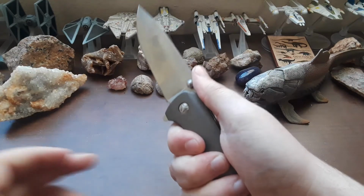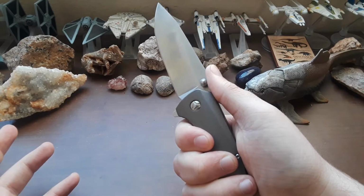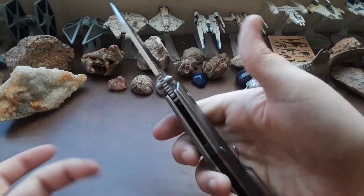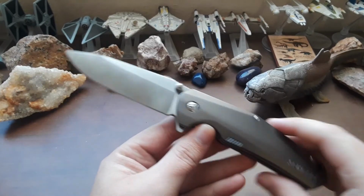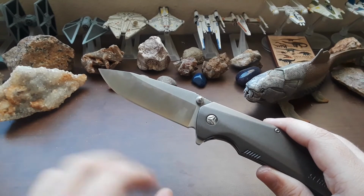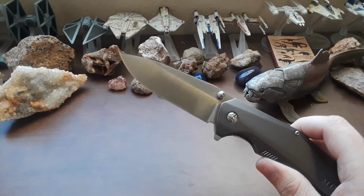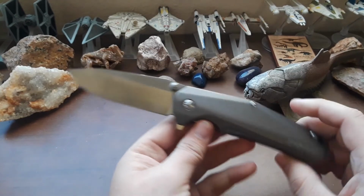The ergonomics for me are a really big pro for this knife. The ergonomics are really good, very comfortable. You could do a lot of work with this knife before your hand starts to fatigue. The blade itself, I do not think the blade is bad. If it was sharpened better, it would definitely be better, as you might expect. I'm not sure if I'll sharpen this knife up. I don't really plan on carrying this knife again after these videos are done, but